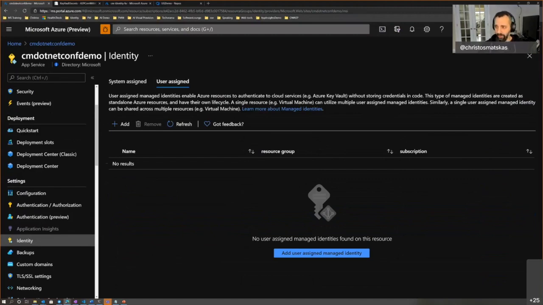So in that instance, I could go and actually add an existing one here, and then let the website run under that identity. Easy peasy, right? So managed identities allow us to have one service calling into another service, whether it's our services or Azure services, and authenticate against them, grabbing a token and being able to pass the token and authenticate the token. And we don't have to share any secrets anywhere, which is brilliant.